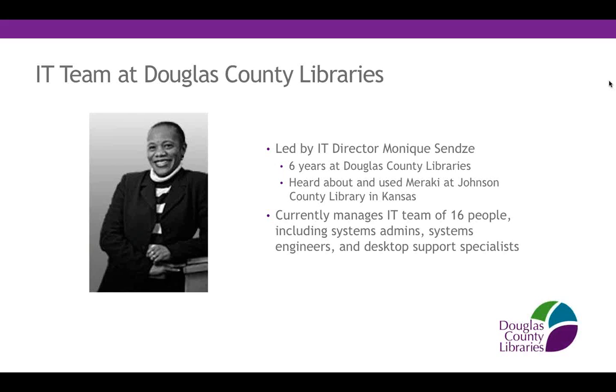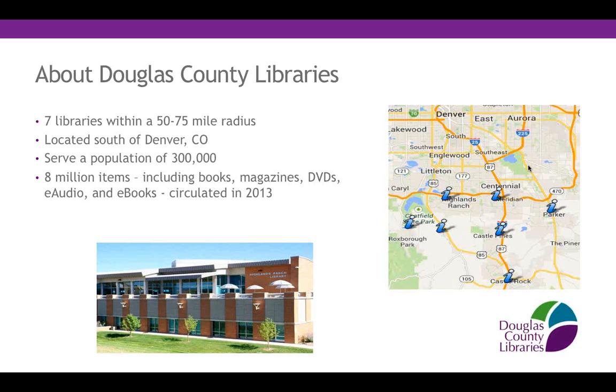I currently manage a team of about 17 people here, made up of systems engineers, desktop support, web administrators, and infrastructure folks. I'll be here to take any questions once Jen is done with the presentation. Sure. So yeah, we'll walk through your specific deployment